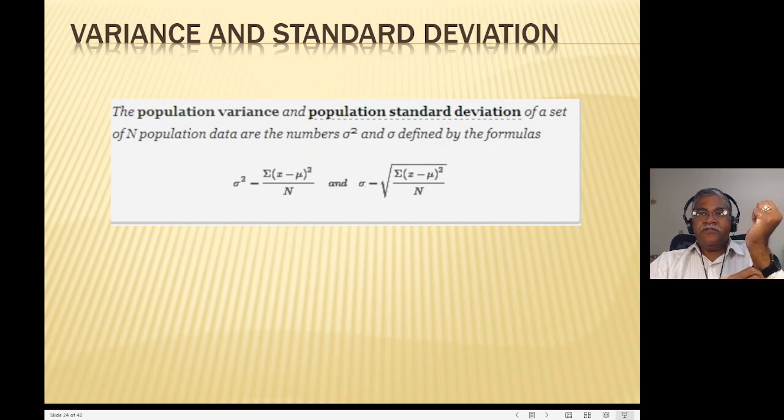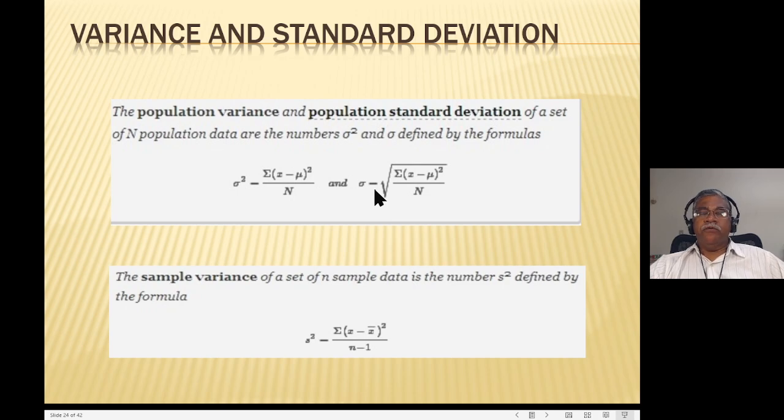The standard deviation for a sample, as we will see in the next slide, is going to be S. And then what you do is, you take this value, you get the standard deviation of a population, divide by the population size, and the variance is basically just the square of the standard deviation. So you can either calculate the standard deviation and take the square of it, or you basically just take away that square root sign and you get the variance.